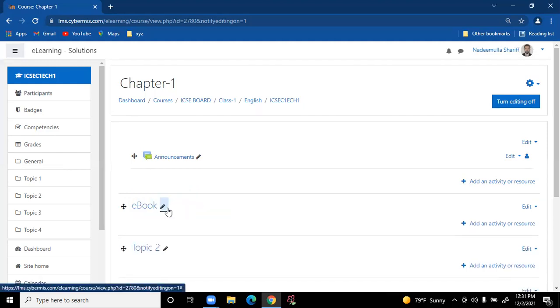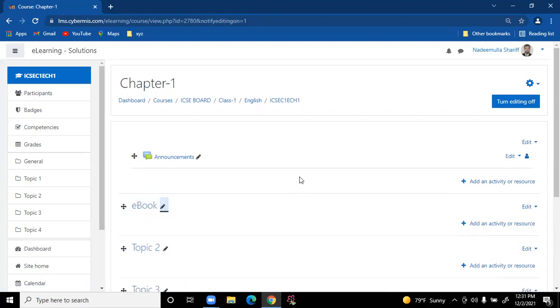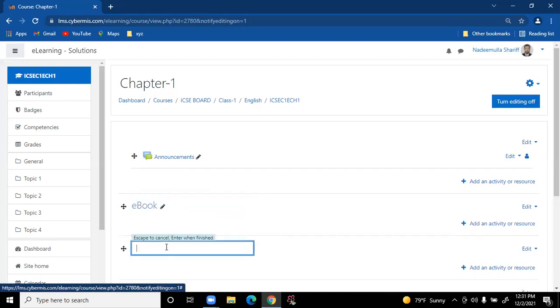If you change anything, if you want to add anything, and then you press outside, it is not going to save. So any changes you are making, always press the enter key to accept the changes. Similarly, if you want to make this video lessons, videos, I will just mention videos.